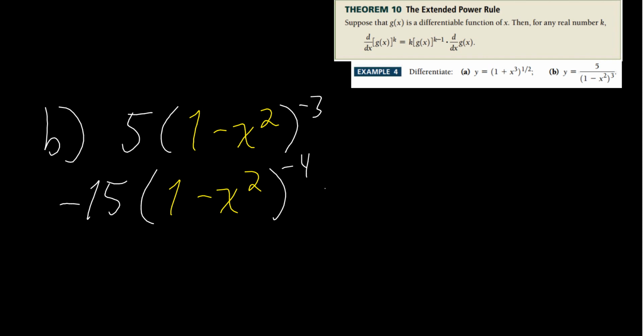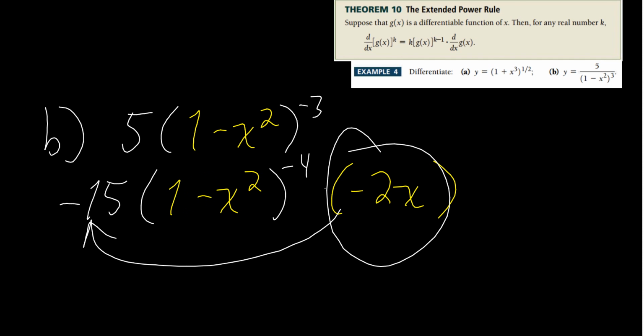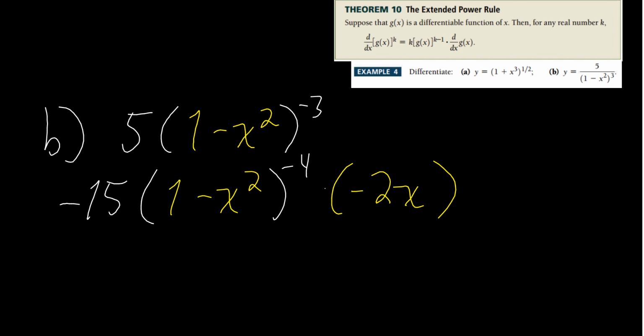And then times, well, what is the derivative of what's on the inside? What's the derivative of the inside there? Well, 1 minus x squared just becomes a negative 2x. So times a negative 2x, because again, that's a negative sign there. Then we can mush things together. We'll end up with a positive 30x, a negative times a negative. I'm looking at this negative 2x and a negative 15, so we have a positive 30x